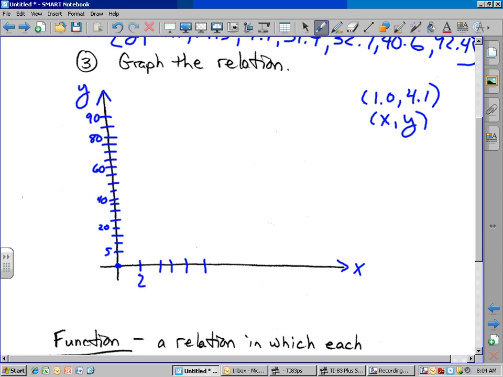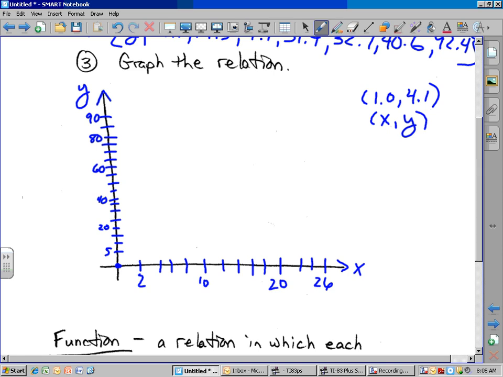So we got 2, 4, 6, 8, 10, 20. All right, 26. So that scale is probably going to fit us a little bit better. Now I can fit all my data into this graph. So